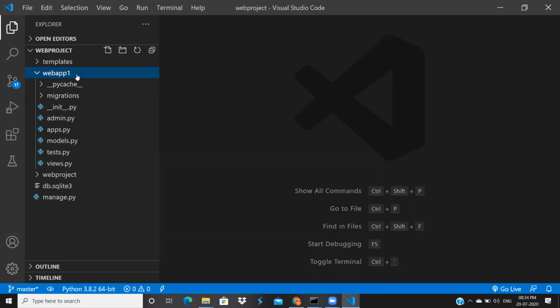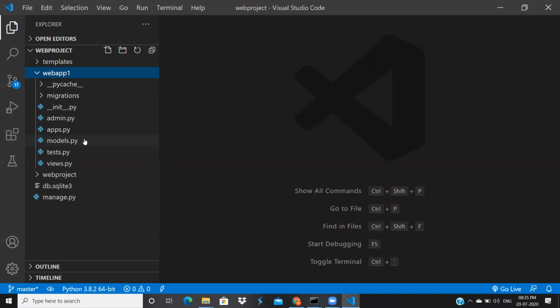Now we'll go to the next topic, the forms section. Why? Because we are building a web application. Wherever you use a web application, collecting information from the user is done by forms. We have some concepts here in Django: Django forms, how to create a form and how to collect data from the user using that form, and what are the different types of forms we have. Today we are going to discuss the forms section.